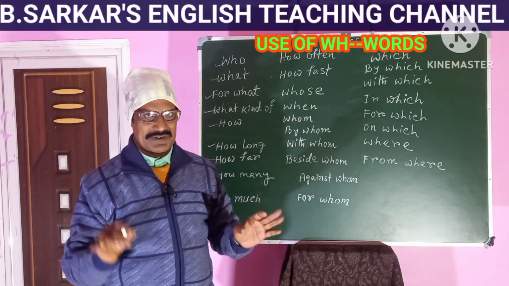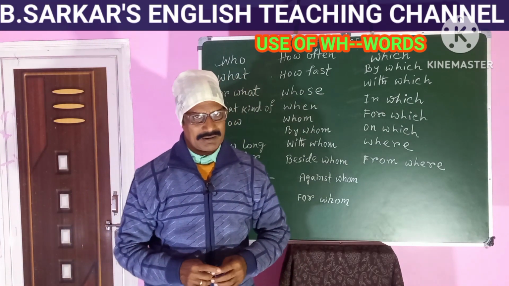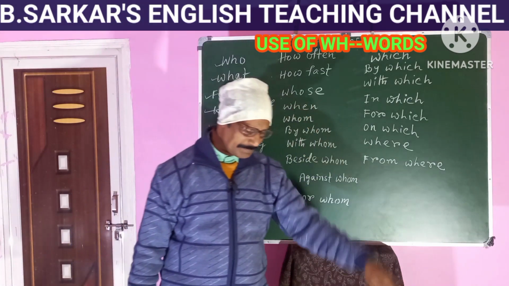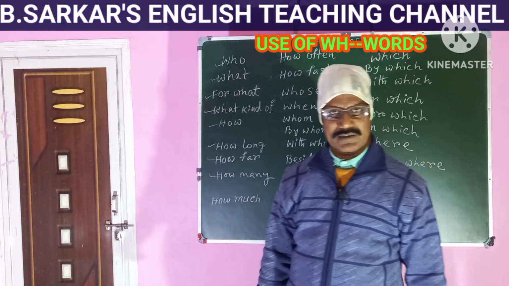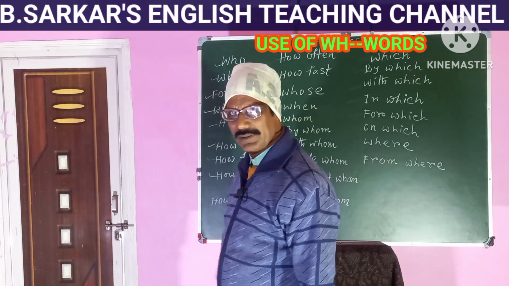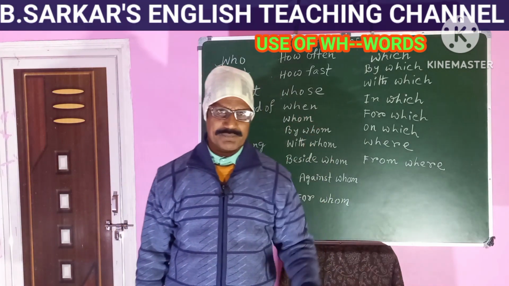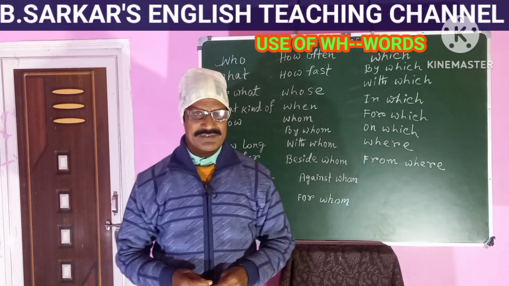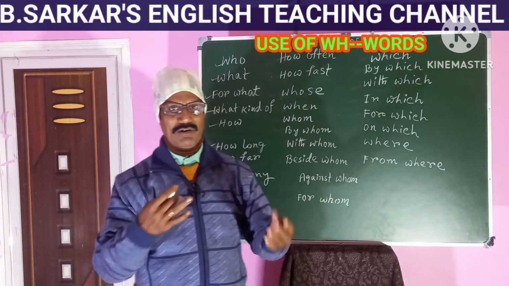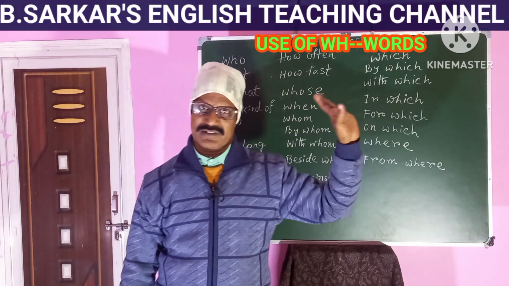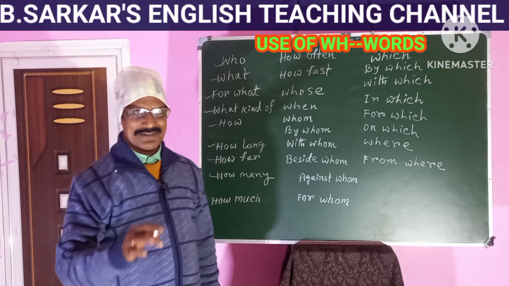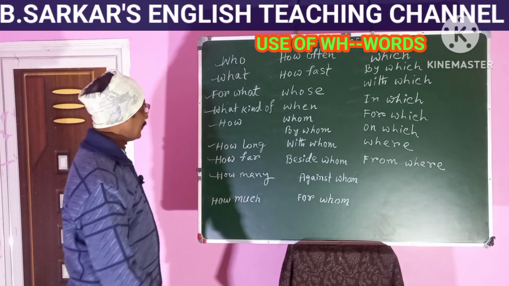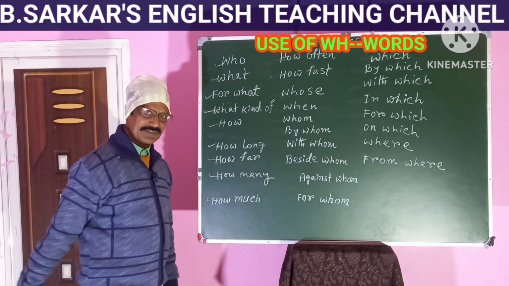These two words, how and many, are used before countable noun. Okay. How many cows are grazing there? How many boys are playing in the field? Okay. How many examples can you give us to learn the meaning of it? How many of you were present there? Okay. Thus, how many is used. Okay. After that, how much?